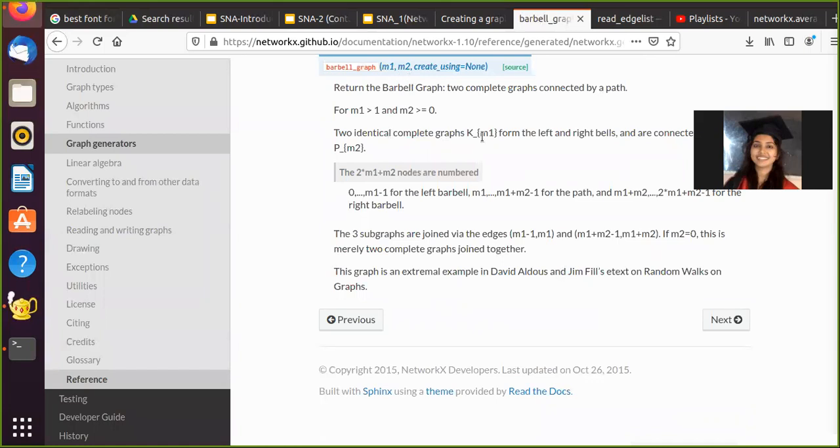It makes two complete graphs, the first having m1 nodes and the other having m2 nodes. A complete graph is one in which all nodes are connected with edges, so a graph of n nodes will have n choose 2 edges. It connects the two complete graphs with the help of a path.